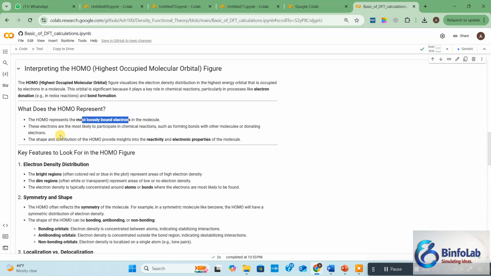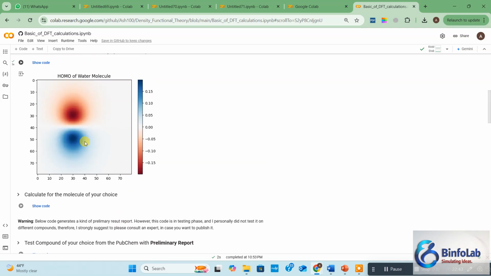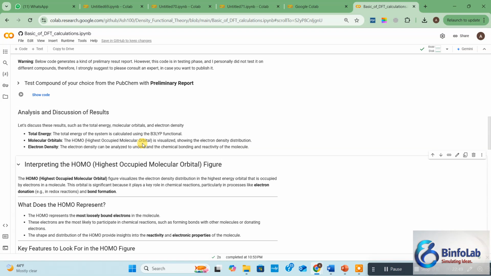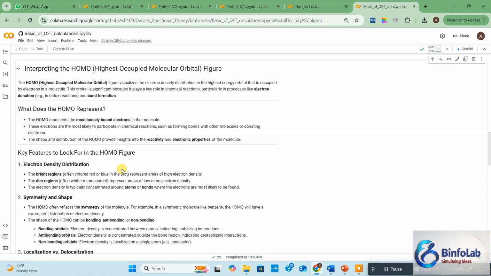So the shape of the distribution of HOMO provides insights into the reactivity and electronic properties of the molecule. So when you receive this kind of figure for your compound, it will actually tell you the shape, what kind of result you are going to expect, which atom is more reactive or which atom is less reactive. So these things actually give you the electronic properties. Okay,